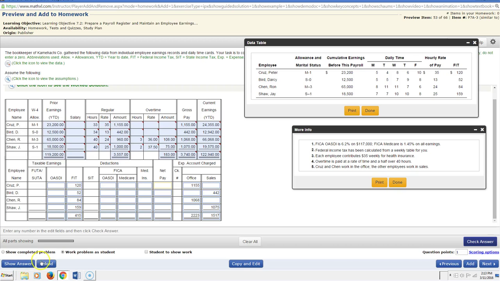Hello, people. This is the second video reference to Chapter 7, actually Chapter 8 as well to some extent. We left off with that previous video with a slightly different problem, different numbers and some similar names. However, we're going to be working off of this half-completed payroll register